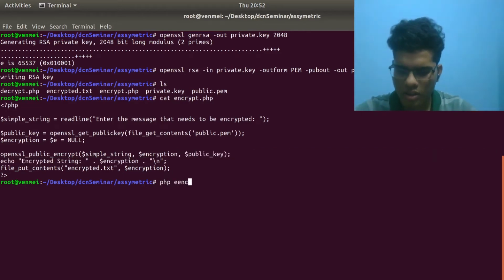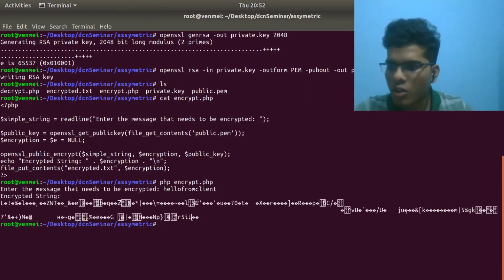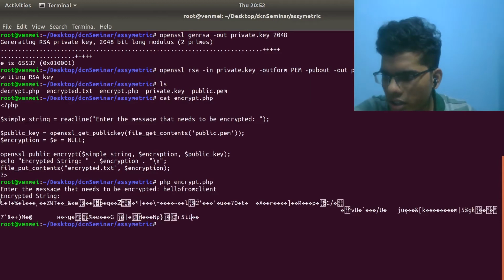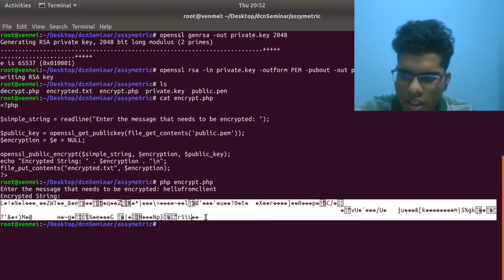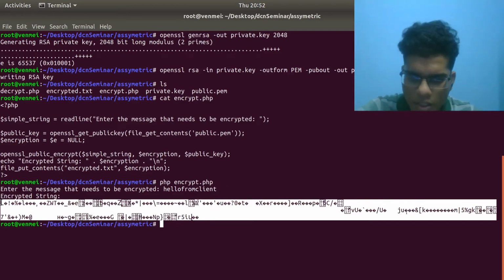So let's try executing this encrypt function. Like in the previous example, let the string be hello from client. As you can see here, this is a ciphertext which is generated from this hello from client using this public key. As you can see, in a symmetric encryption algorithm, the ciphertext generated was very small.